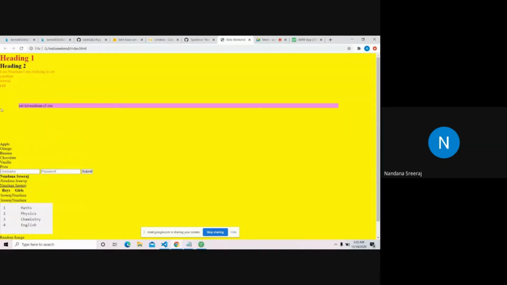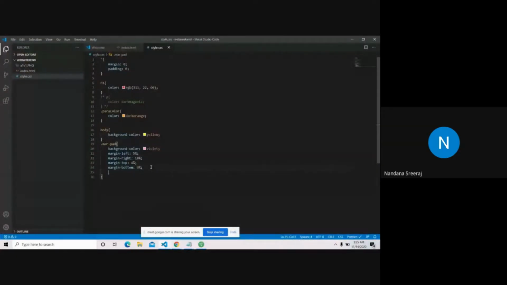So this is 5%, this is 10%, this is 4%, and this is 9%. And it looks actually cool. But what if you want to give all the margins the same? Then you can just give margin and some percentage. But I just wanted it to be different, so I accessed everything differently: left, right, top, bottom. If you want everything to have the same value, then just give margin.